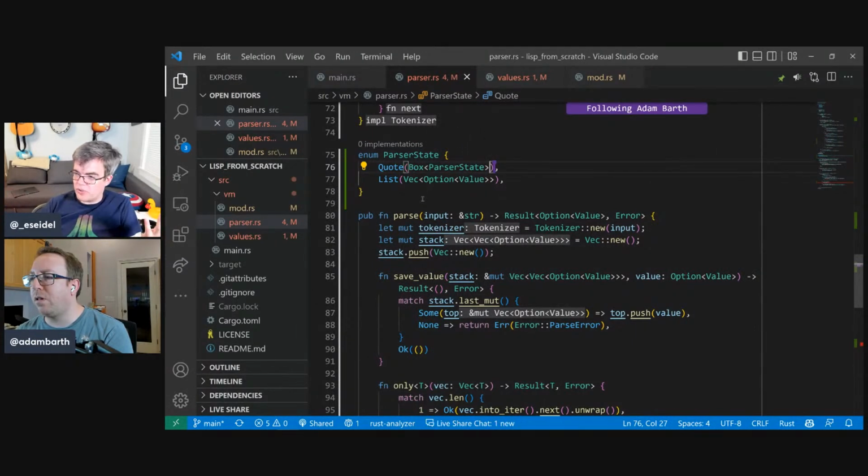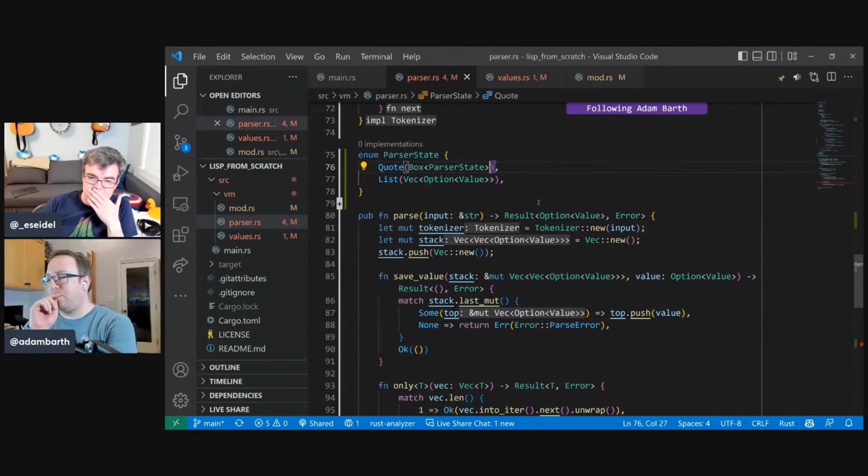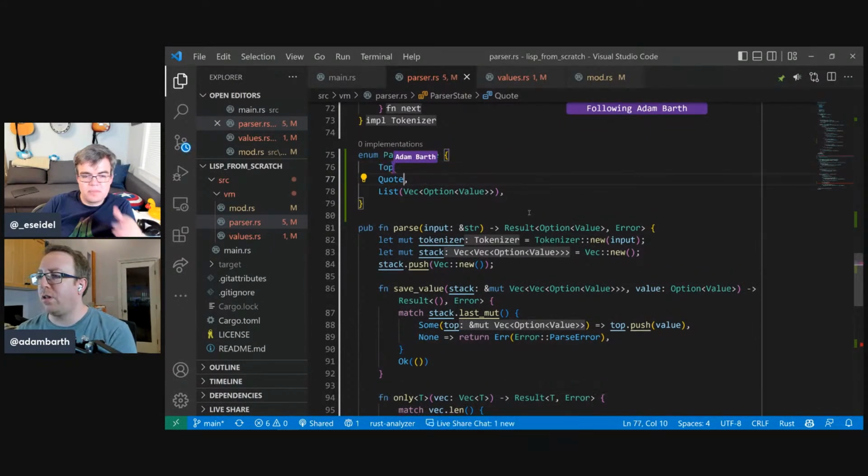I'm trying to argue with you here. That's fascinating. Can we try it without this, and come back to this? I think I have an idea how to do this. Okay. So I have a top now, which is like an option